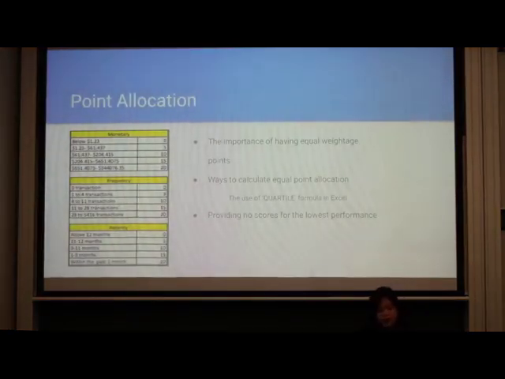Equal point allocation is an important aspect in calculating the RFM. Therefore, in order to measure the data more accurately, the points allocated in the table consist of the same weightage to show equal importance of each recency, frequency, and monetary score. By using the quartile formula in Excel, we have created equal quartiles with each differing by 5. Moreover, we made the decision to not provide any scores to the lowest performance,